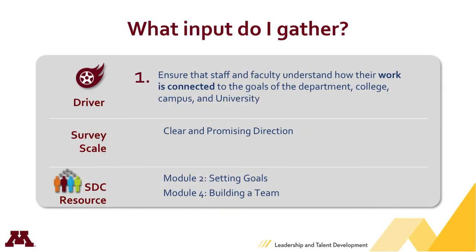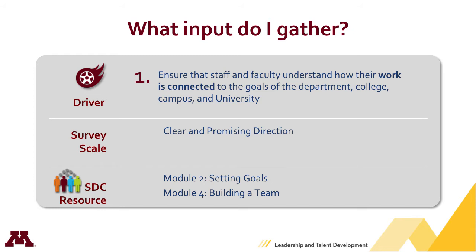First, is there understanding and personal connection to the organization's strategy and goals? This means your department, college, or unit has a plan for addressing important challenges and opportunities and everyone knows what this plan is and what success will look like. This may be a formal strategic plan, a set of goals and objectives, a work plan, or something else. The key is that this plan is communicated and is understood by everyone. And this also means that everyone knows what they personally can do to contribute to success. Goal setting is one way to accomplish this.